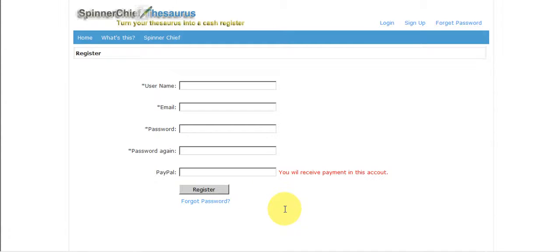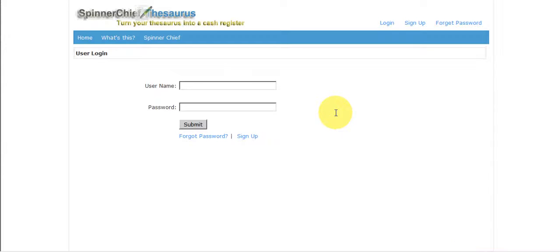Now, once you've hit the register button, you're going to get an email verification link, which you click and you're in. So what I'll do is I'll log in myself now, because obviously I'm already registered. That's me logging in.